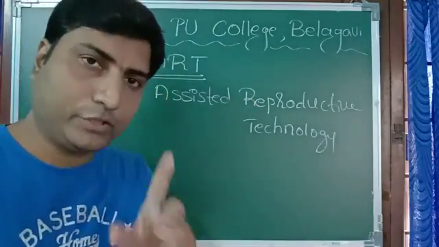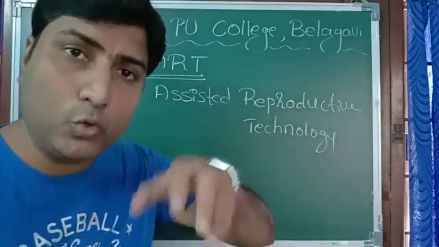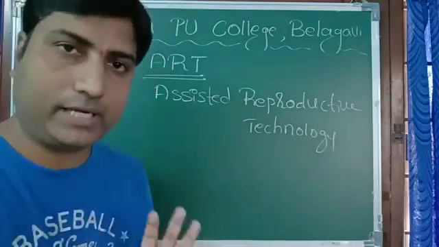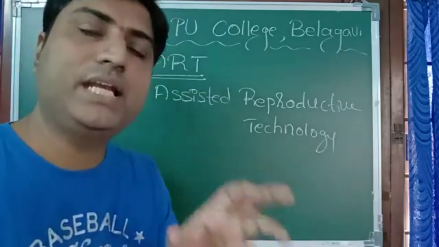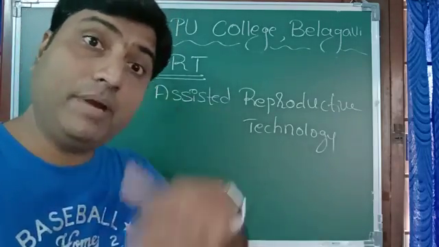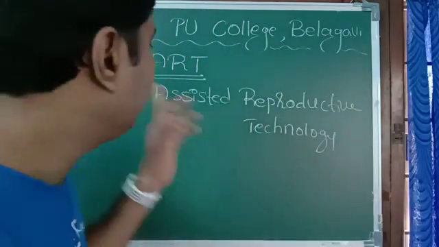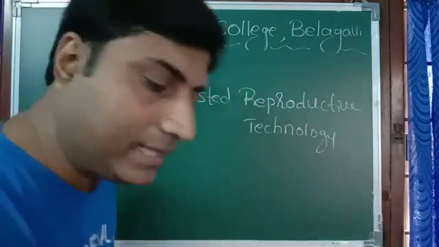Assisted reproductive technology is meant for couples who cannot have their own child in spite of unprotected sexual contact. Actually, it's a problem of infertility or sterility, as we call it. That problem can be solved in medical science by using some technologies that are called assisted reproductive technology. What is that? In that, one such technique is